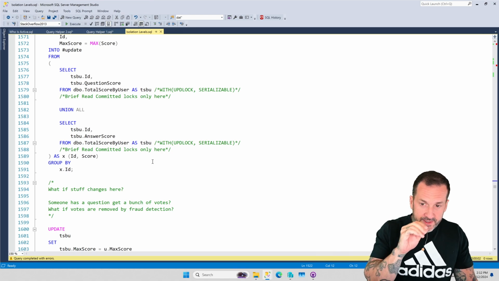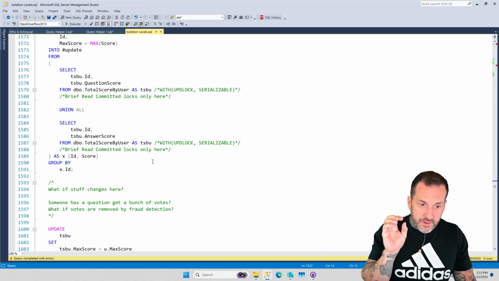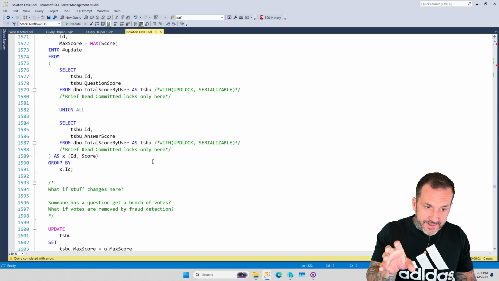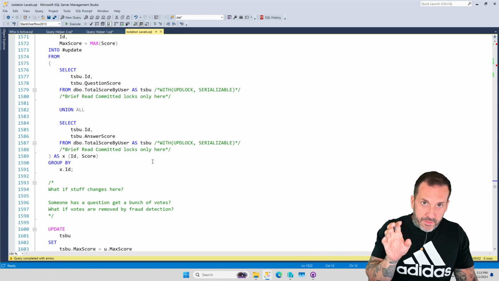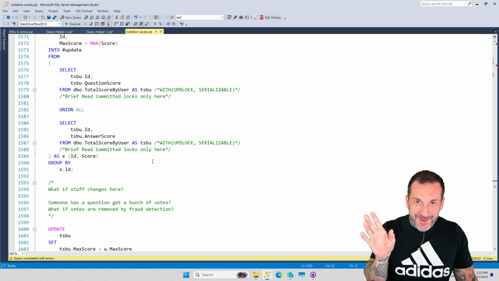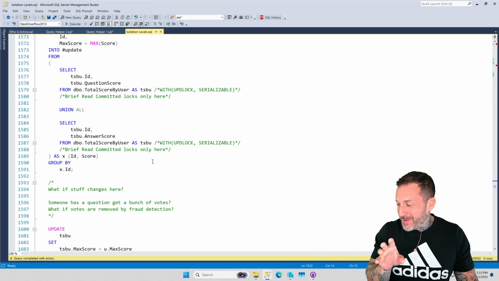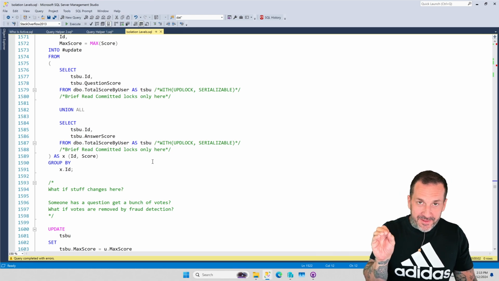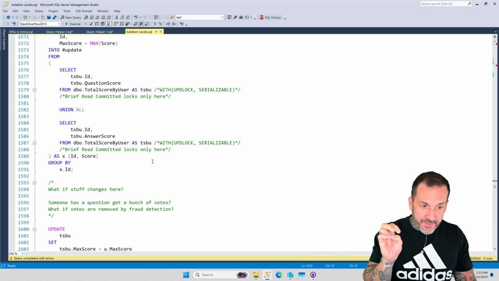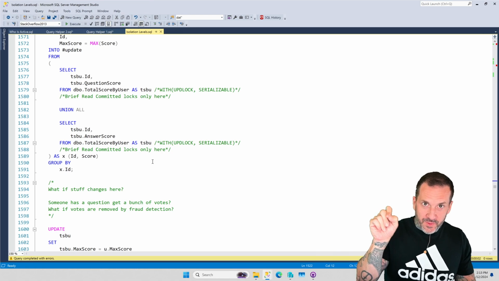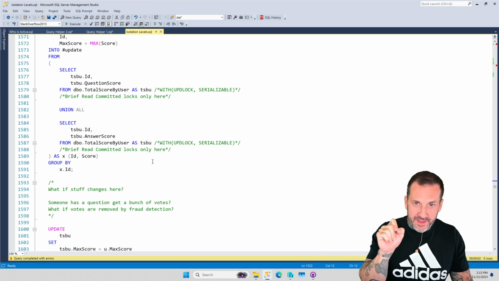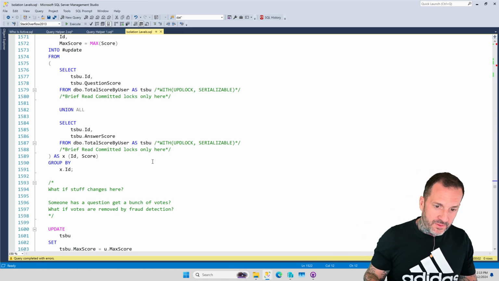What I'm trying to point out is that under proper concurrency and without proper uses of transactions and locking hints, just about every coding pattern that you have works by pure luck, right? Which is not a great feeling once you really understand it. But a lot of this stuff will not work without you going and doing crazy things to make sure that things happen in a more isolated, locked out fashion.